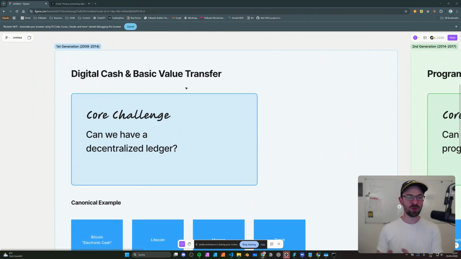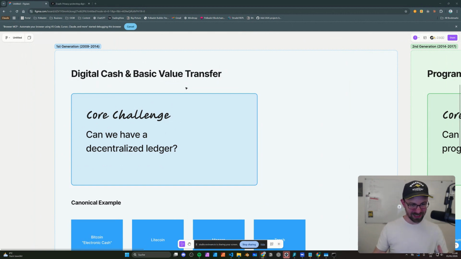First generation of blockchain, 2009. The question back then was, okay, we have the internet. Can we have electronic cash? The problem is you always have to rely on a server that says this transaction is true, this transaction is false. So whoever controls that server will control the electronic cash. This is, of course, not what we want to have. We want to have decentralized money that is not controlled or cannot be censored by one authority. So this is why we have Bitcoin now.